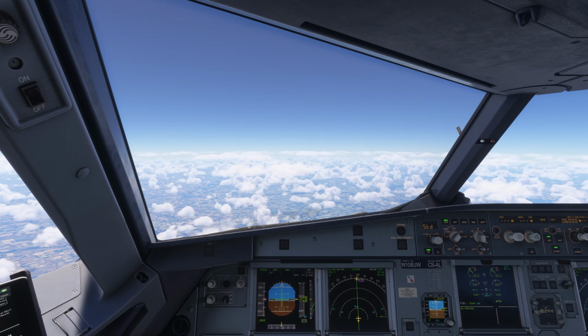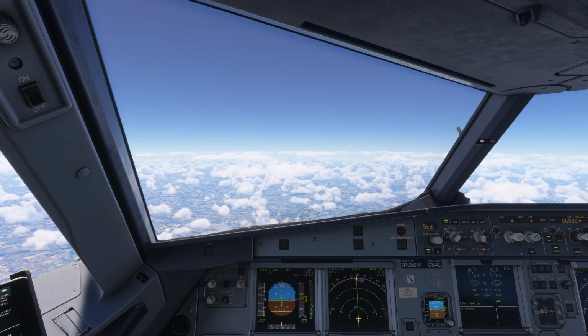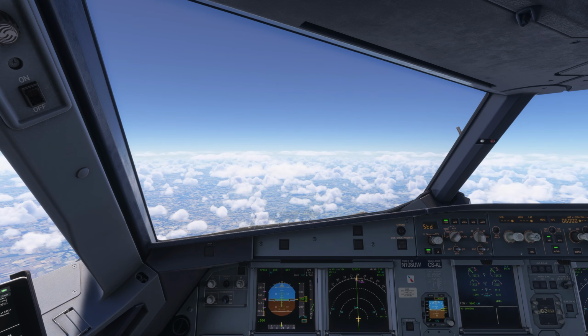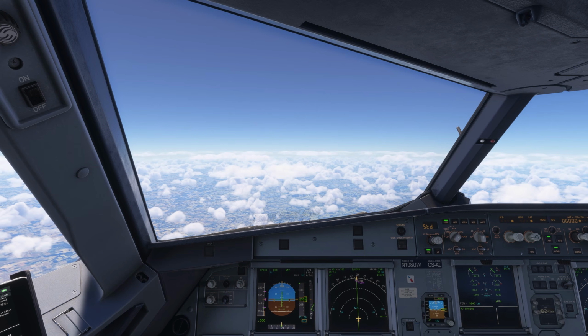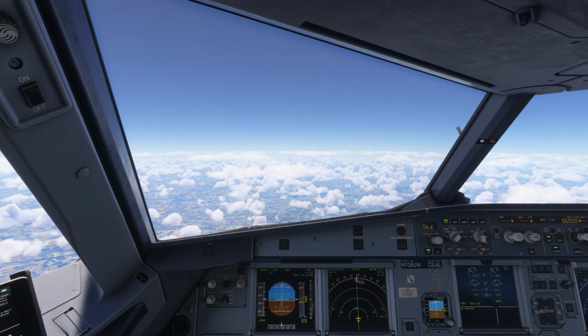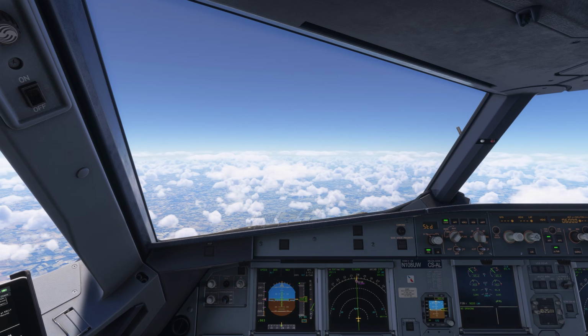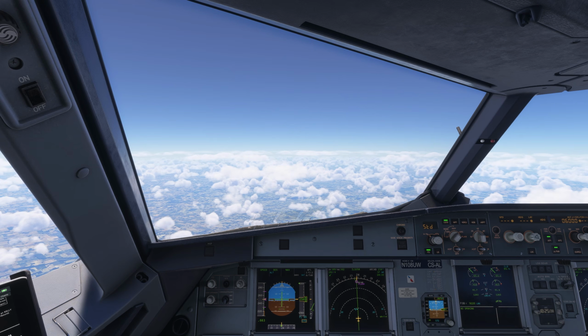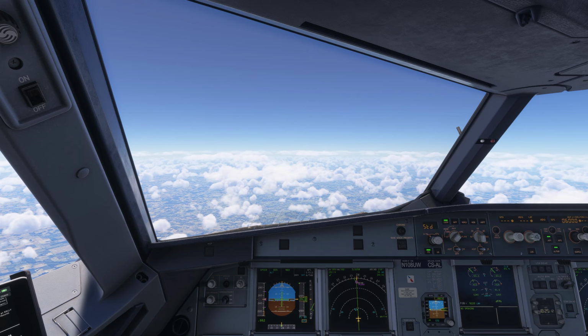Now with an actual STAR arrival like this, standard arrival, it's going to fly it pretty much on its own. You're just monitoring it. However, if you're flying on VATSIM or IVAO, there's potential they could tell you to do something that is not part of the arrival or skip a waypoint. Delete speed restrictions, speed up, slow down, descend faster, descend slower. Whatever they're trying to do for traffic management,